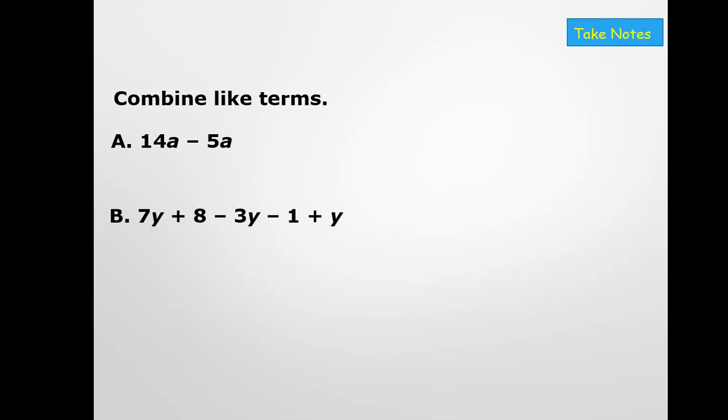Okay, so let's give it a try. Again, we have our take notes indicator up, and we're going to combine some like terms. We have 14a minus 5a. Well, these are alike. Let's say you had 14 oranges, and you gave away 5 oranges. You want to know how many oranges you have left. And so we're going to combine those coefficients. And again, the coefficient is the number that's multiplied by the variable. So how do we